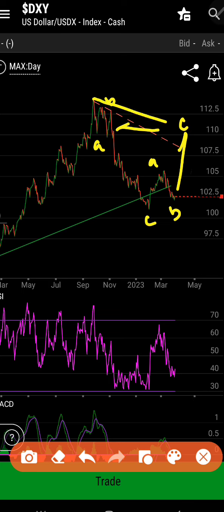This would begin the upper trend line of our new triangle, and these two bottoms here would probably start the lower trend line. And we'd be going in for a long extended grind in the dollar, which could mean a lot of different things for equities. So this is what I think about the dollar right now. I'm going to have to be updating this analysis more frequently, but this is what I have for now.